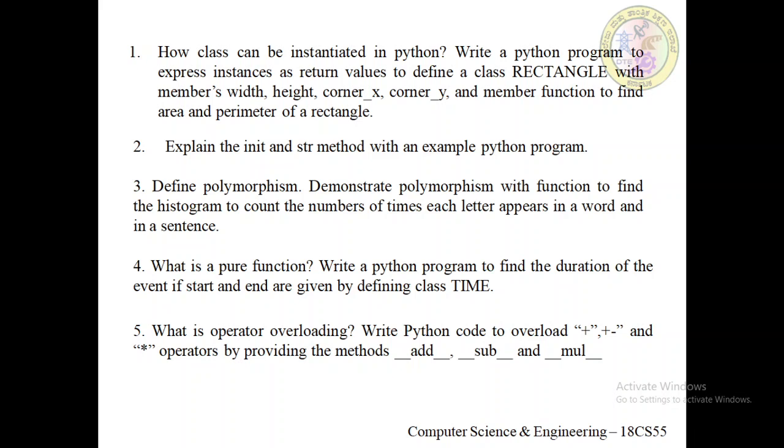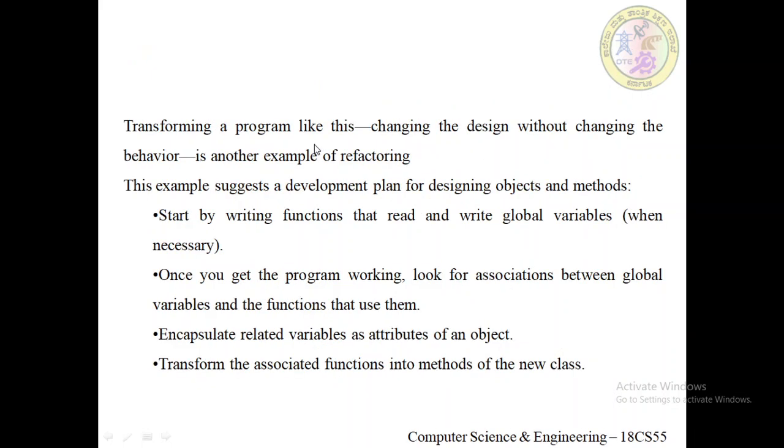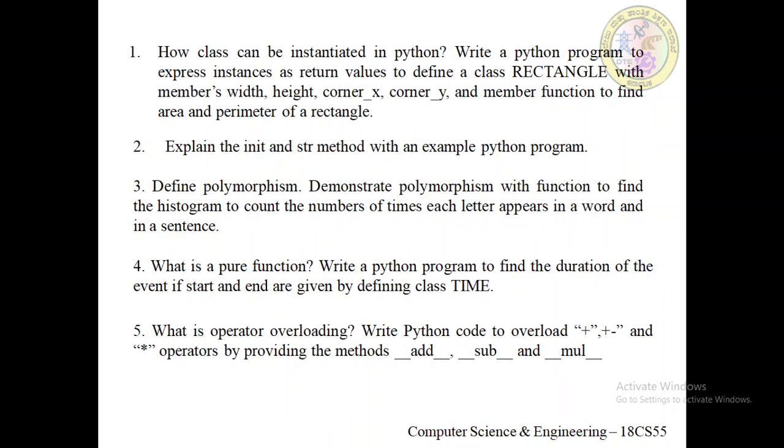When you have data encapsulation, we can get a question like how a class can be instantiated in Python. For example, write a Python program to express instances as return values, defining a class Rectangle with a corner, and adding member functions to find the area and perimeter of the rectangle. Whatever we have seen previously was on data encapsulation. This slide shows some of the exam questions that you might get in the examination.